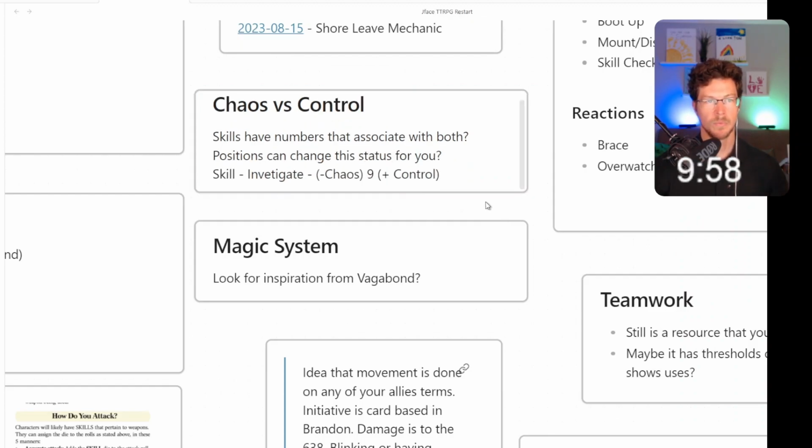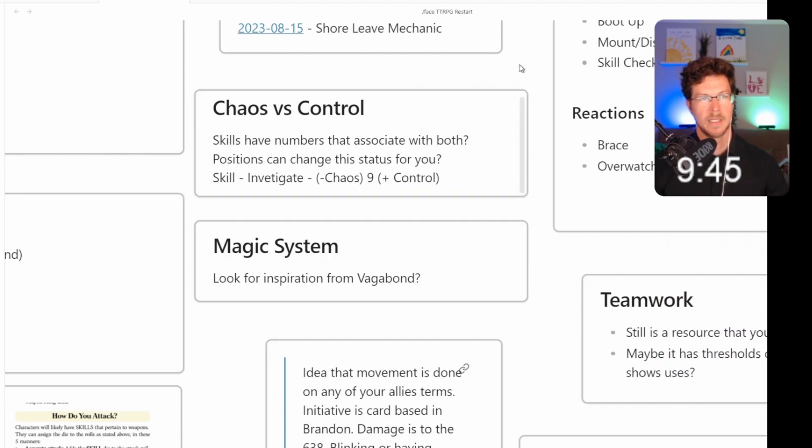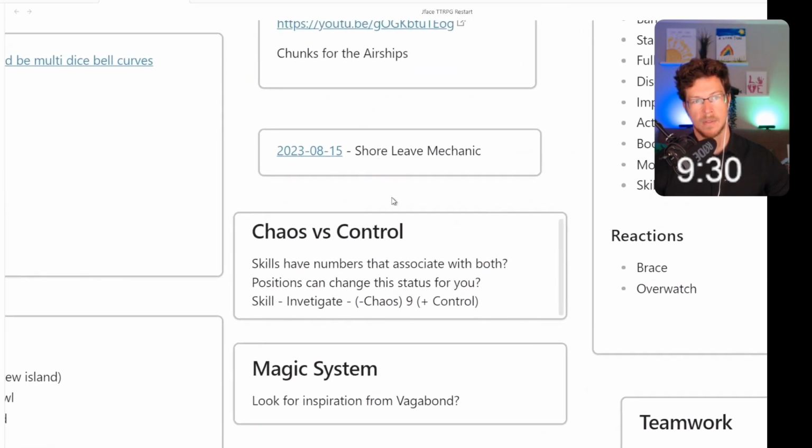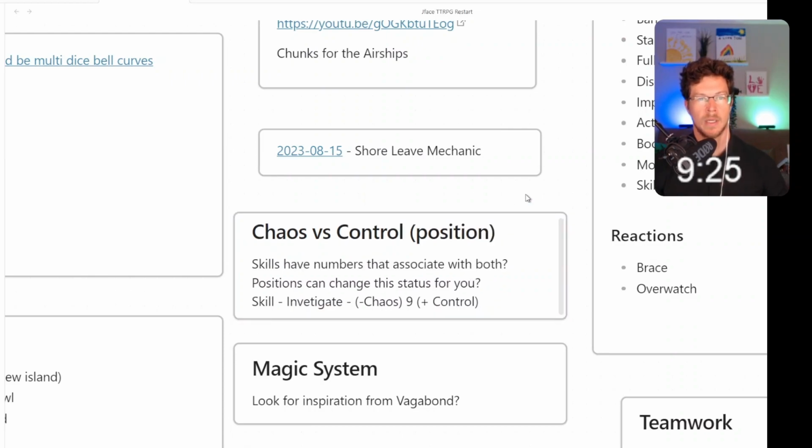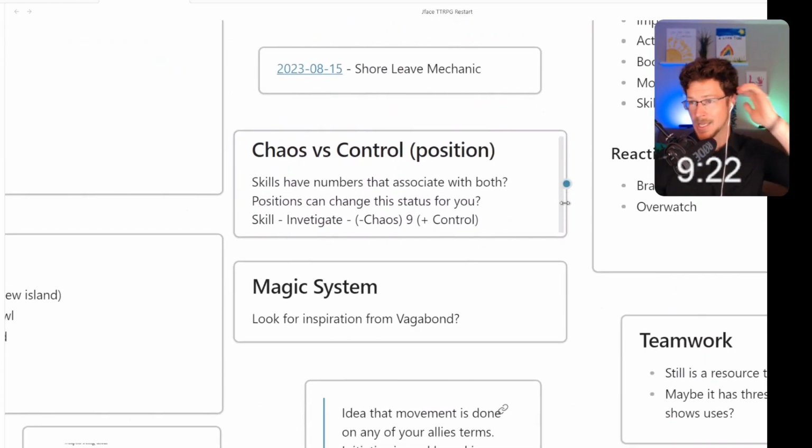So food for thought in terms of, I like the idea of having this sort of chaos versus control meta mechanic, or meta currency, because one of the things that a lot of the players liked from the pressure system was the idea of manipulating the pressure die. But there's a lot going on in that, and so this to me has the potential to have another global status that you're trying to manipulate as a team or individually. And so once again, we go back to position matters. This could be position dependent, because if you can get a defensive position, then all of a sudden your caster has control, right?